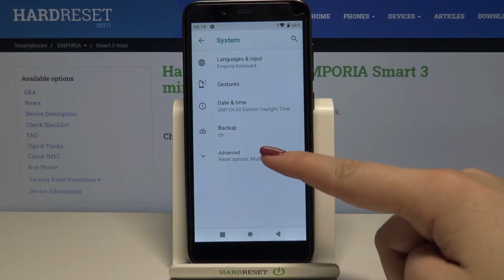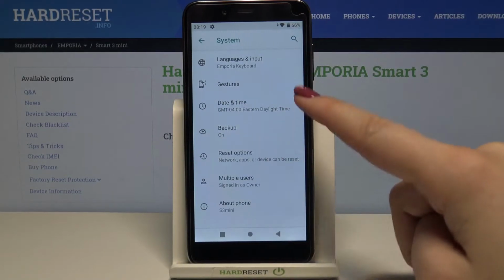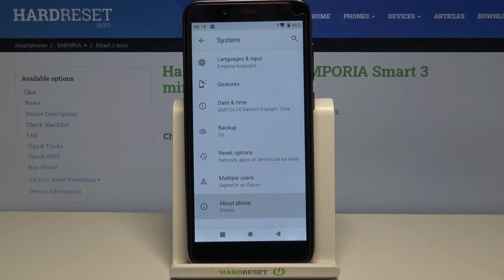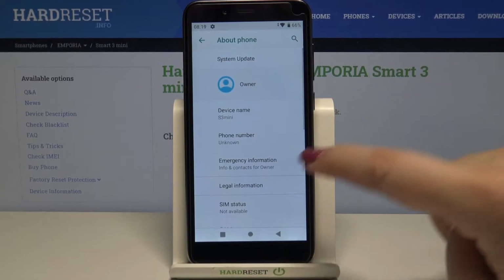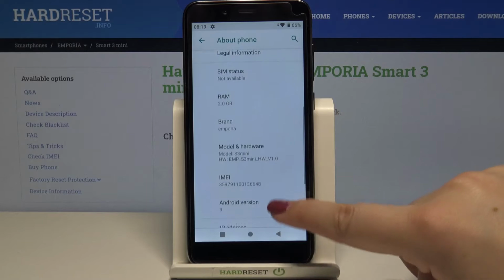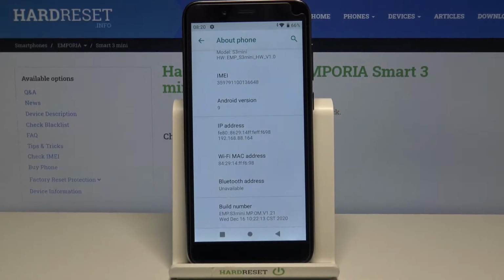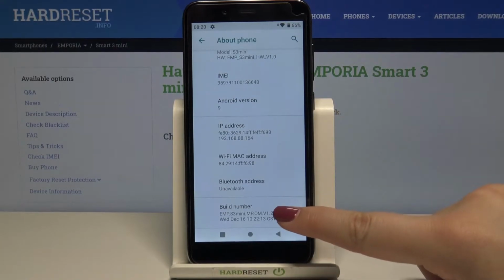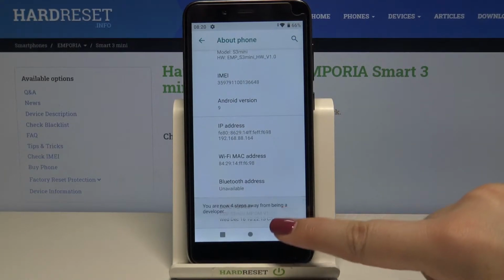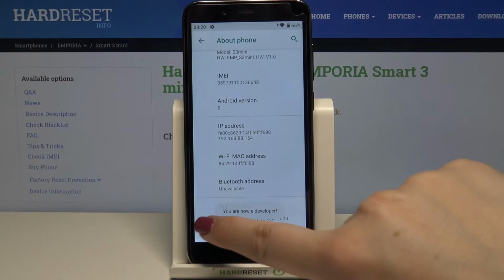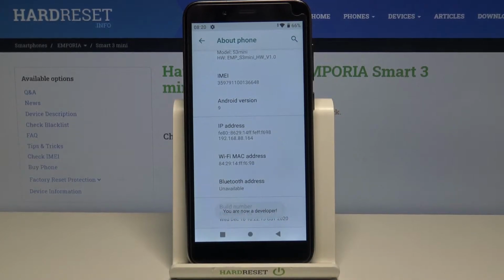Here we have to find info about our device, so simply tap on advanced options and tap on about phone. And here we have to find the build number, which is located right here at the very bottom of the list, and all you have to do right now is simply keep tapping on it until you'll see that you're in a developer mode. And as you can see, we've got the info that right now we are a developer,